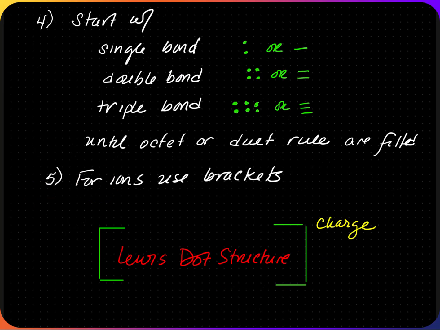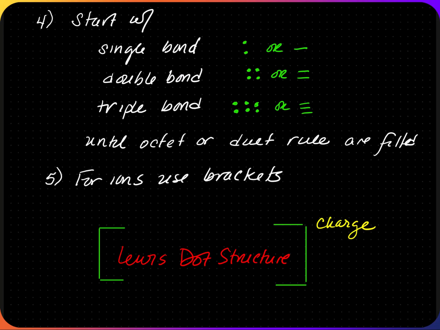A single bond can be represented by 2 dots, which is 2 electrons, or a line that represents 2 electrons. If the single bond doesn't work, you try it with a double bond. And a double bond is 2 pairs of electrons or 2 lines. If the double bond doesn't work, then we try it with a triple bond, which is 3 pairs of electrons